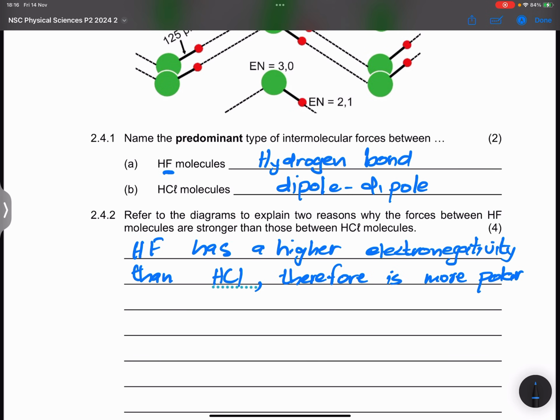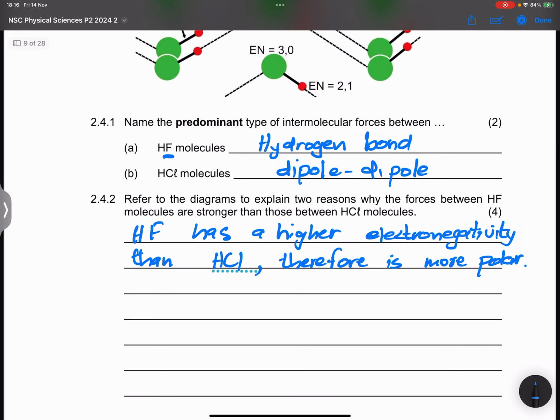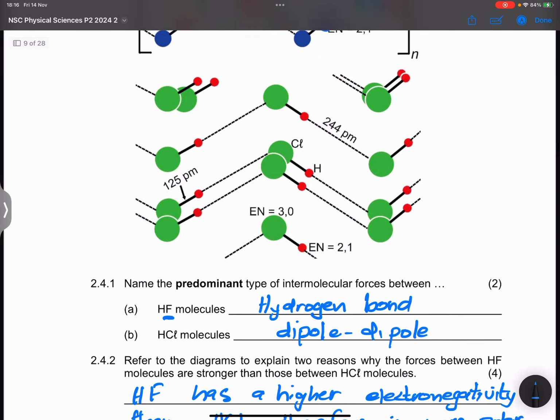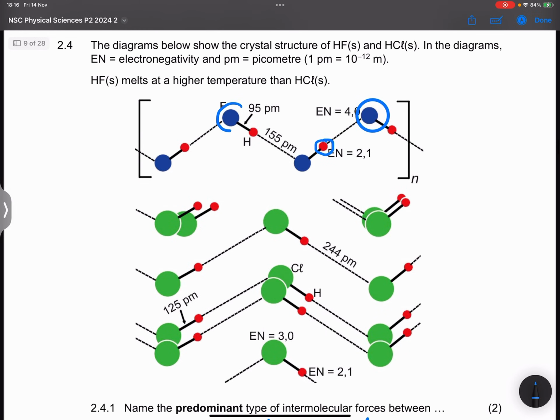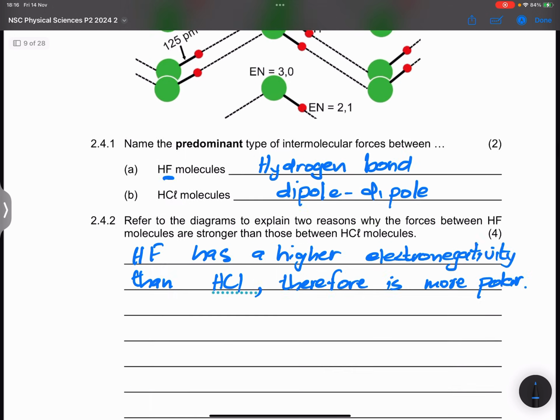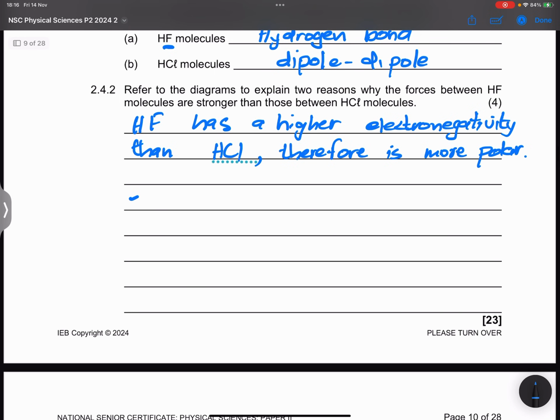Remember, the higher the electronegativity difference, the greater the polarity. So then what we also need to be mindful of is that when you look at fluorine, there's fluorine there, and there's chlorine over there. What do you notice? The sheer size of it. So fluorine is smaller than chlorine. So the second thing that we notice is that fluorine is smaller